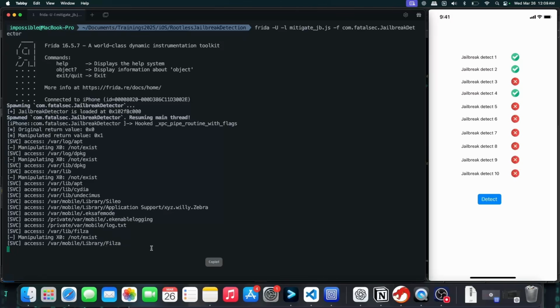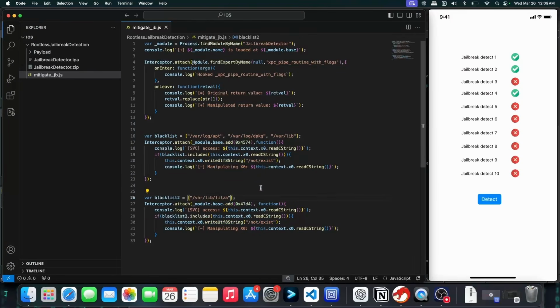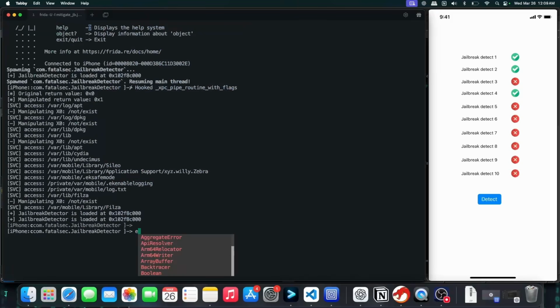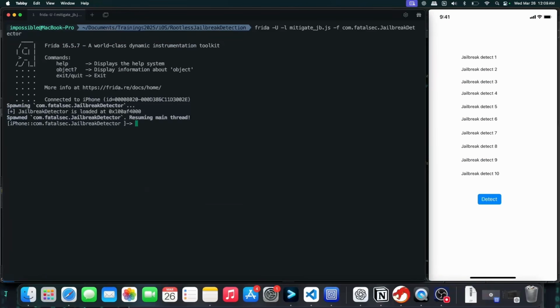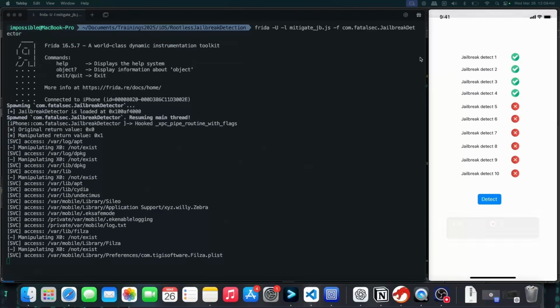So let's copy and add it to this blacklist array. That's all you have to do. Save the script, exit, and launch the application again. Click detect. Awesome. In the application now you can see that the jailbreak detection 3 is passed, and in the